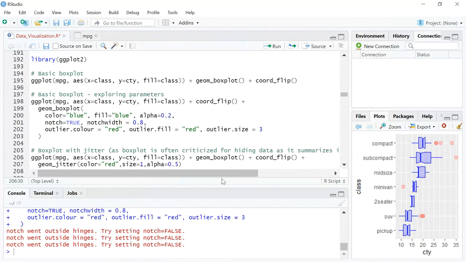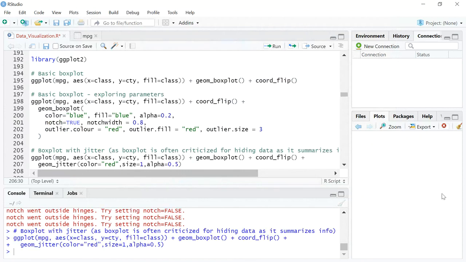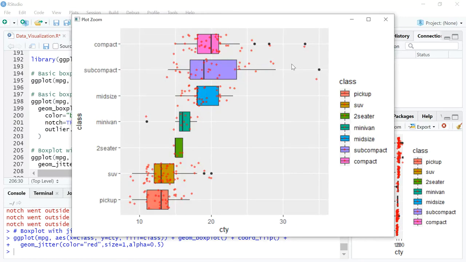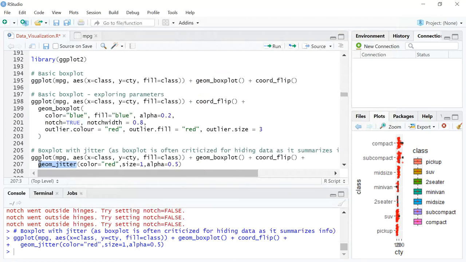Now coming to the last plot for the video, I'll just quickly run this, and then I'll tell you what is happening. It is the same box plot, but you can see that I have also put in the data points using geom_jitter. So this is like a dot plot. The difference between geom_point and geom_jitter is that if there are overlapping dots on the graph, geom_jitter will slightly separate them out so that we can see all the different points, right?